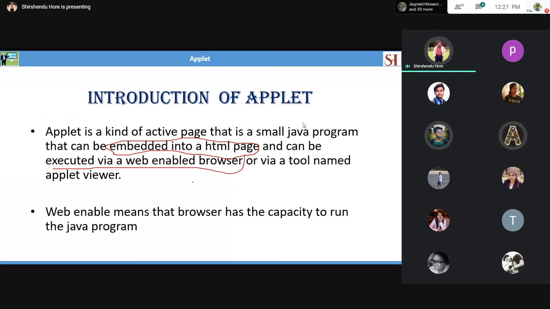So, web-enabled browser means a browser where the Java interpreter is installed, not the Java compiler. We have to understand the difference between compiler and interpreter. In case of Java environment, compiler is the first step in Java programming when we convert a Java program into a bytecode, and it is the role of the interpreter to actually execute the .class file or the bytecode to produce our desired result. Is it clear?